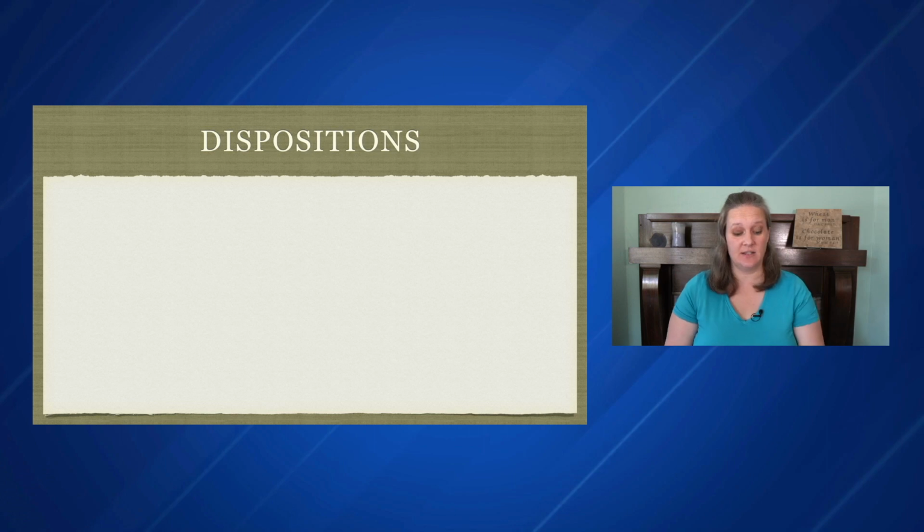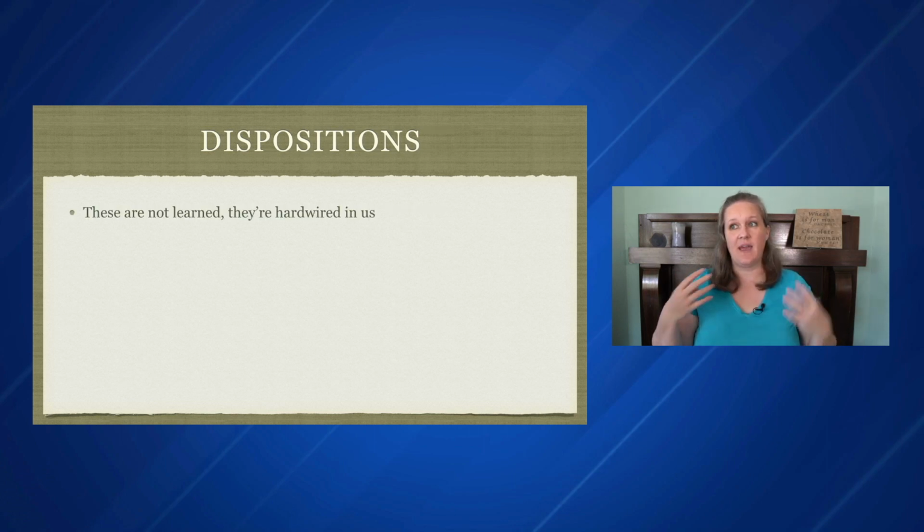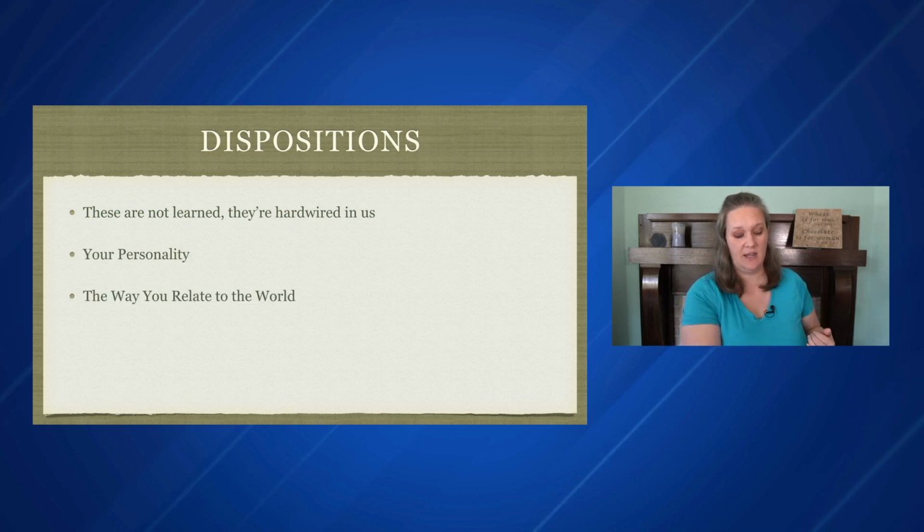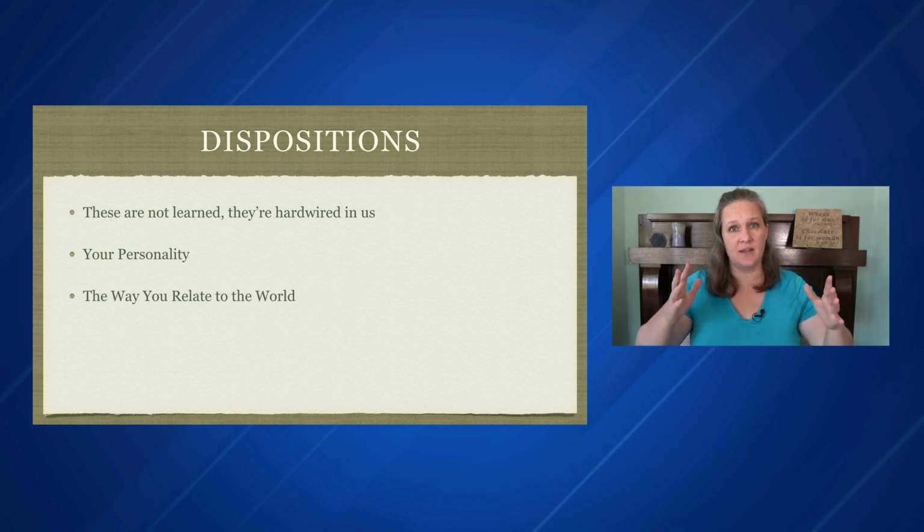The first part of learning styles is the disposition. And the disposition is a personality thing. It's not something that you can change. It's not something that with effort we can become different. This is hardwired into us. It's how we are. We are outgoing or we're shy. We are thoughtful or we're kind of engineering minded. We're always looking at how to put things together. It's a personality thing. And why this is important is because it actually has to do with how we relate to the world. That we look at things through this lens of who we are.